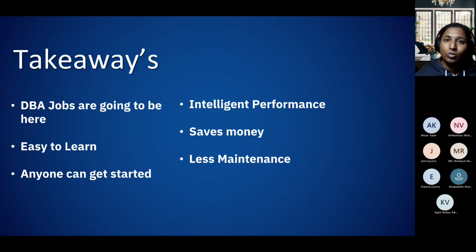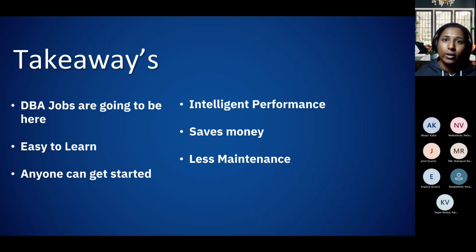So it is very useful to take the certification and start your journey right from here, because in the upcoming years, more and more companies are planning to move to Azure. If you start your journey from here, you will be in a better place to help your companies move to Azure